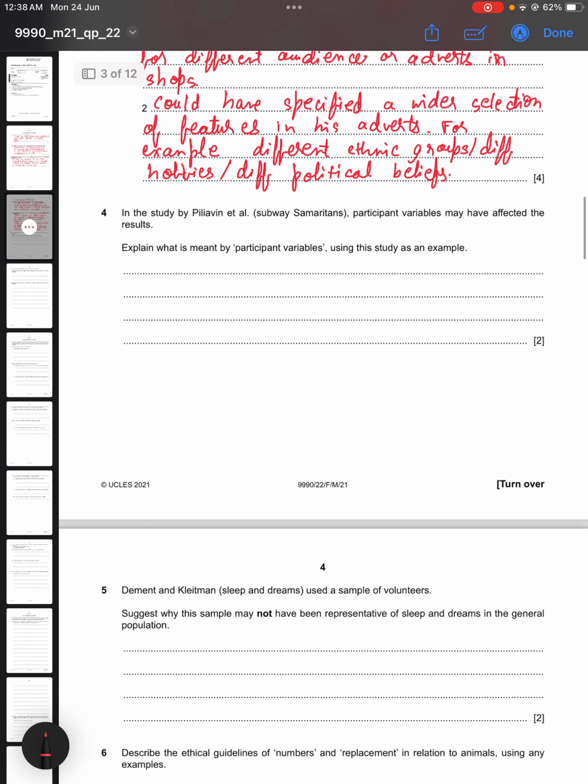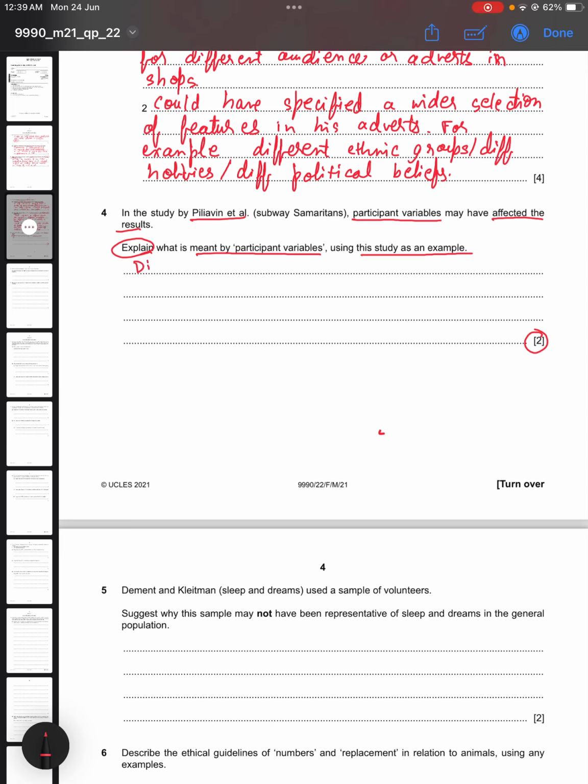Now question number 4 says, in the study by Piliavin et al., Subway Samaritans, participant variable may have affected the results. Explain what is meant by participant variable using this study as an example. So again, it is for 2 marks. So you are going to get 1 mark for telling what is meant by participant variable, and the second mark is going to be for giving the example from the study by Piliavin et al. So you can write that